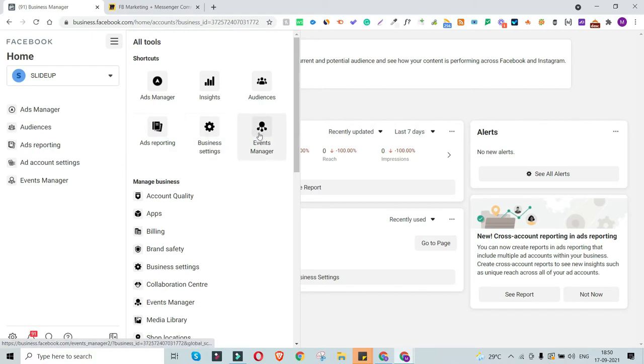Events Manager is where you are going to get the tracking details of your ad audience. You're going to get the audience detailing in this particular section. You're going to get some insights on your ad performance in this menu button. You're going to get some business settings, primarily domain verification, the business billing section, billing details and everything. Ad reporting is primarily the performance analytics reporting dashboard, and then the ad manager. Now we are interested to start our ad campaign creation. That's where you have to click on this ad manager.